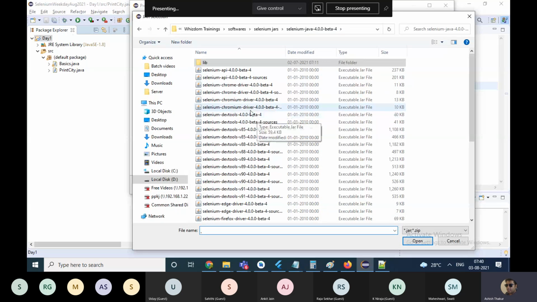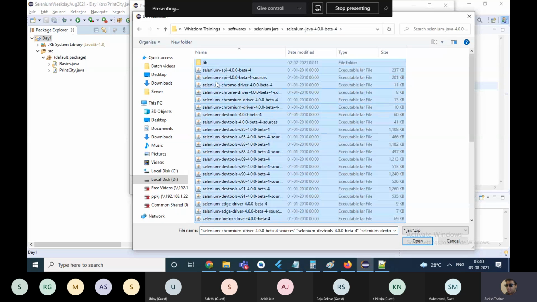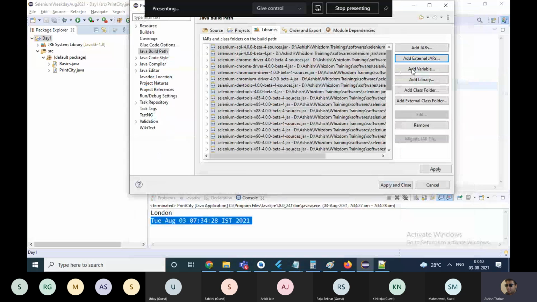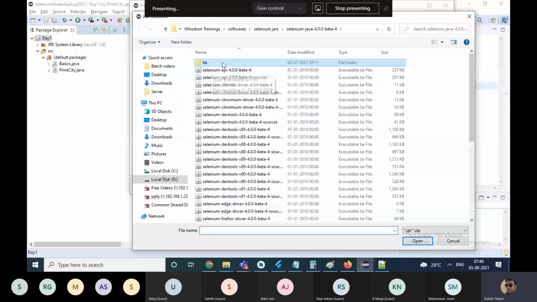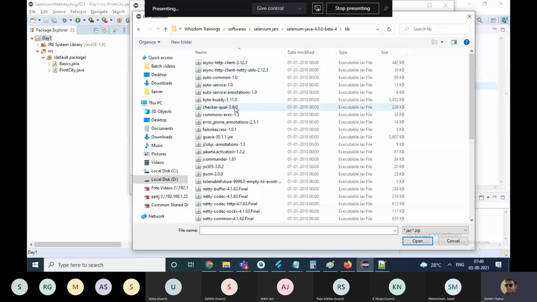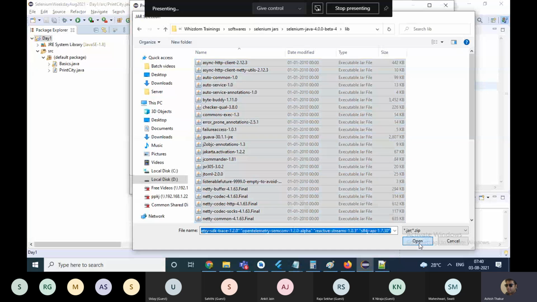You add all these jars except the lib folder. First select all these and add them, and then please make sure you also add the jars which are inside the lib folder.